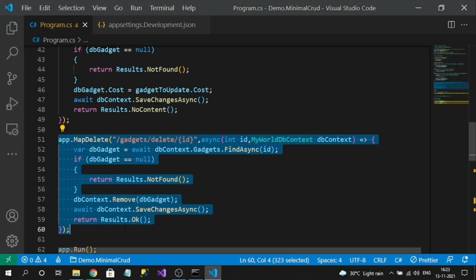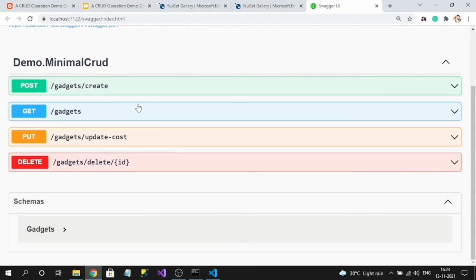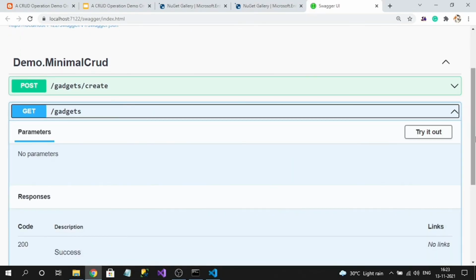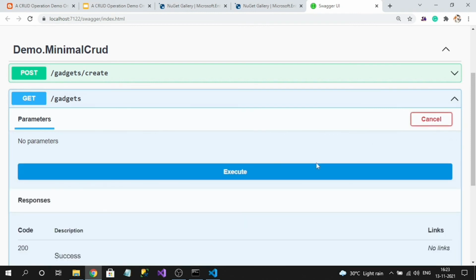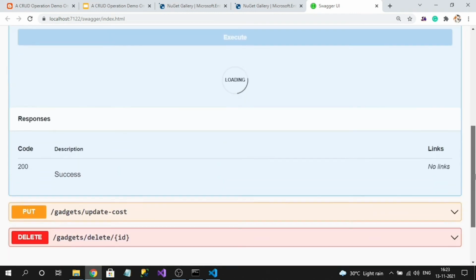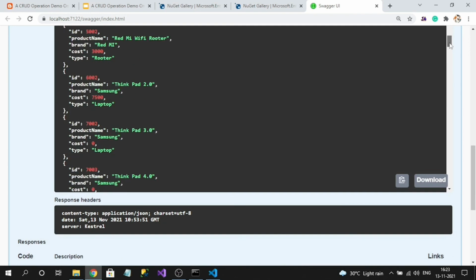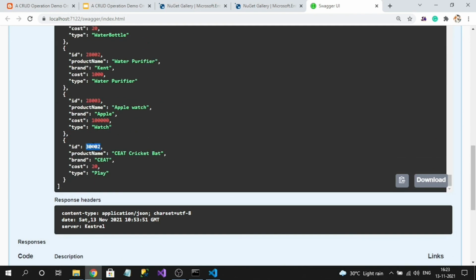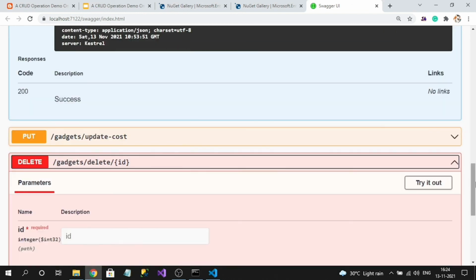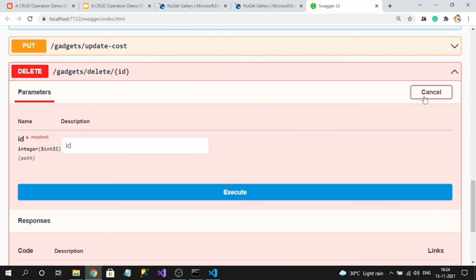Let's test it. So here is my delete request. Let's first get the ID of the latest record which we created just now. That is 30002. So go to the delete endpoint, and if you click on try it out, here you can see the ID value is required.